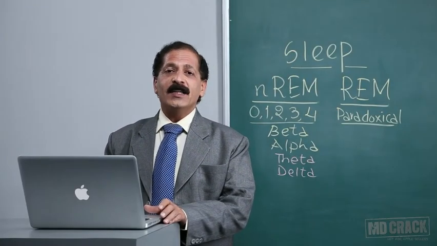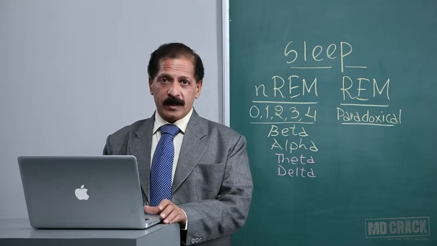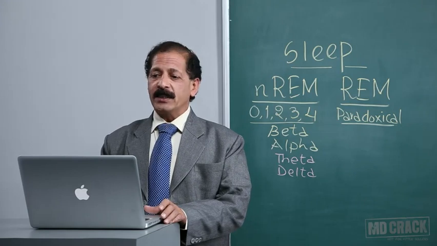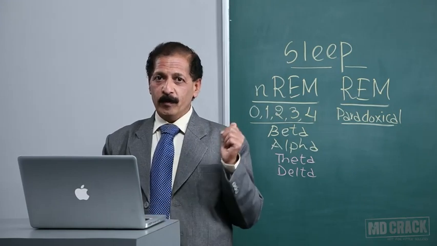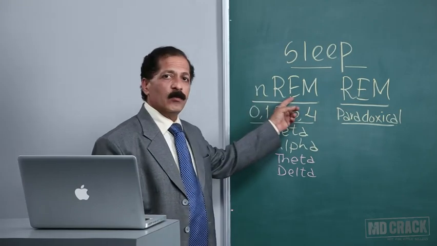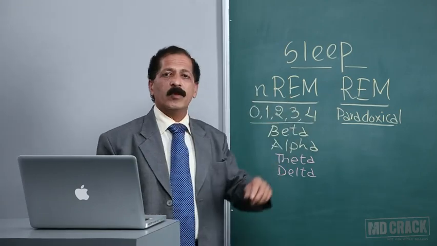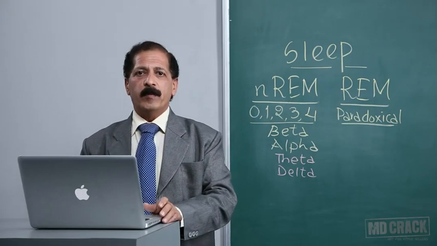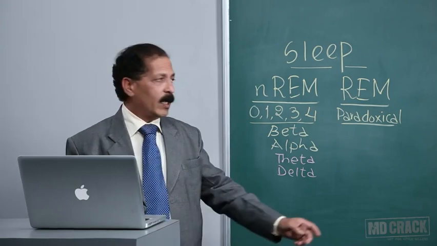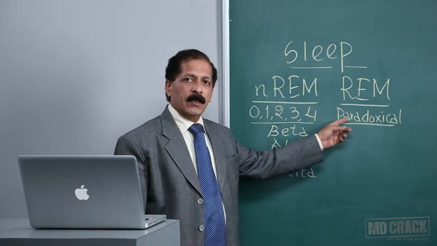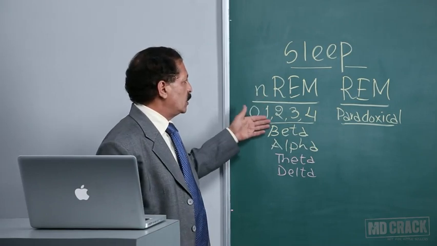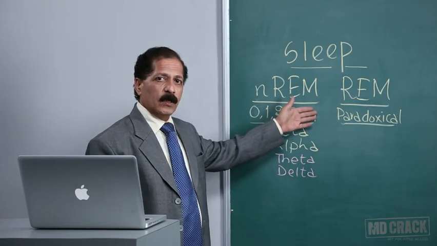We are going to discuss on this session the various aspects of sleep and the sleep disorders. We start with the stages of sleep. And if you look behind me, what I have written on this board is non-rapid eye movement sleep and rapid eye movement sleep. When there's rapid eye movement, the brain electrical activity is still working, and this is why it's called paradoxical sleep. Whereas the non-rapid eye movement sleep is divided into stages 0, 1, 2, 3, 4 and passes